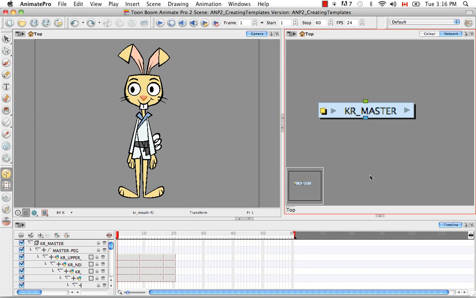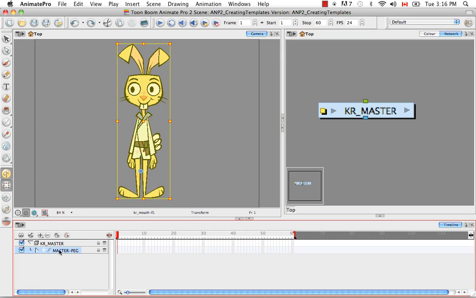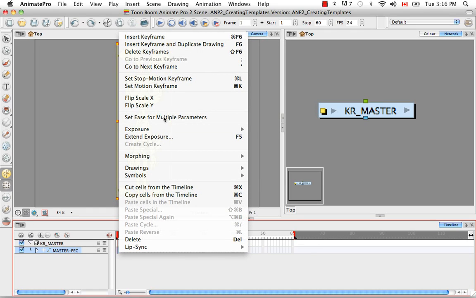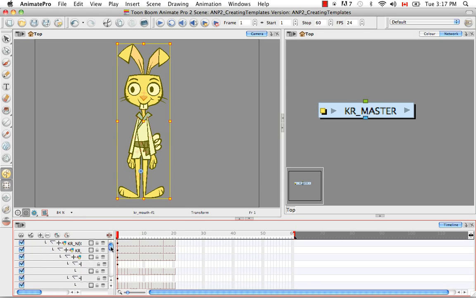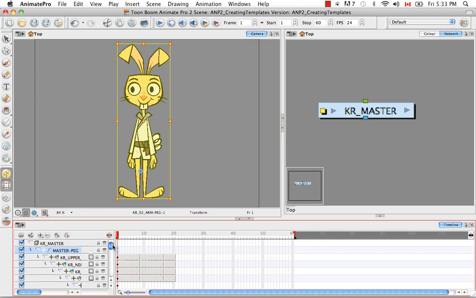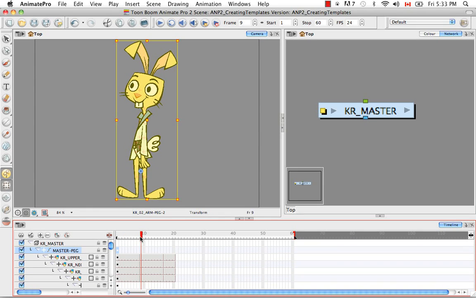The next thing we need to do is add a keyframe for the first column of every view in the timeline. So the fastest way to do this is actually to collapse the master peg. And then on that cell, you can right click and either go to the menu item, insert keyframe, or use the keyboard shortcut Command F6 for Mac, or I believe Control F6 for Windows. And then if you uncollapse your peg, you'll see that there is now a keyframe in the first cell for every layer. So I'm going to do the same thing for the 3/4 profile view,